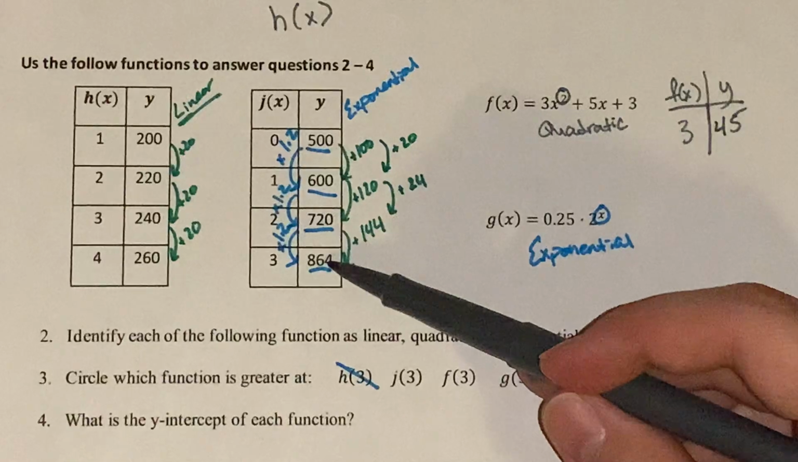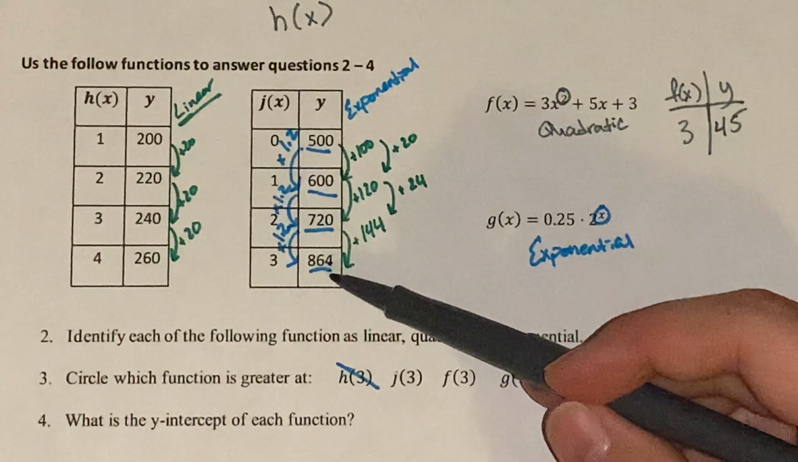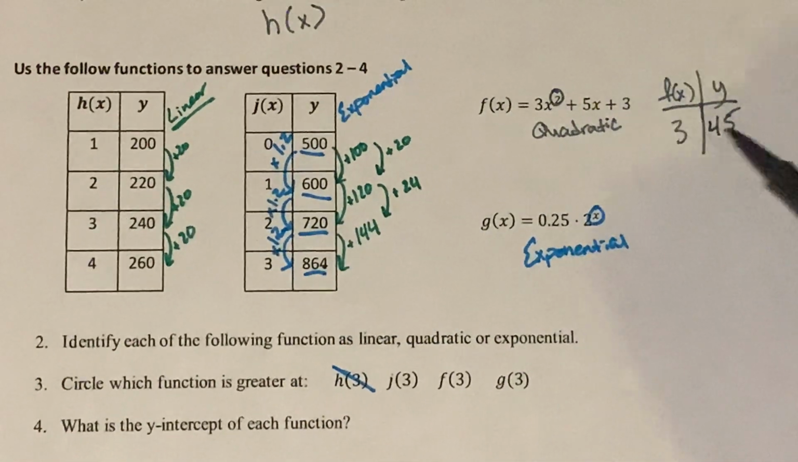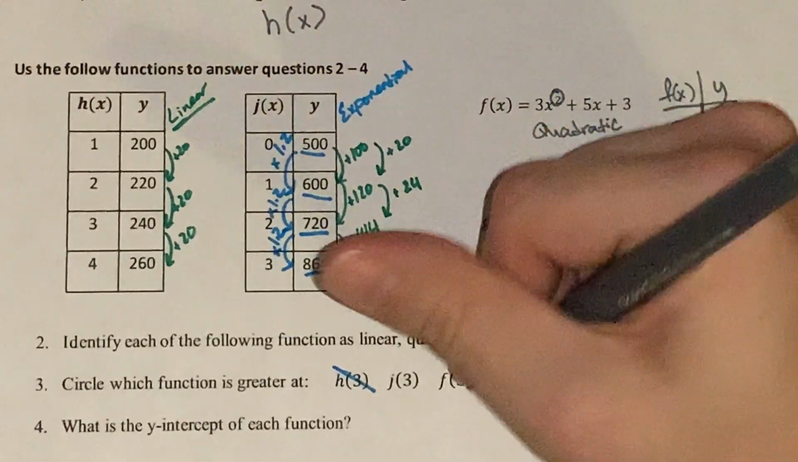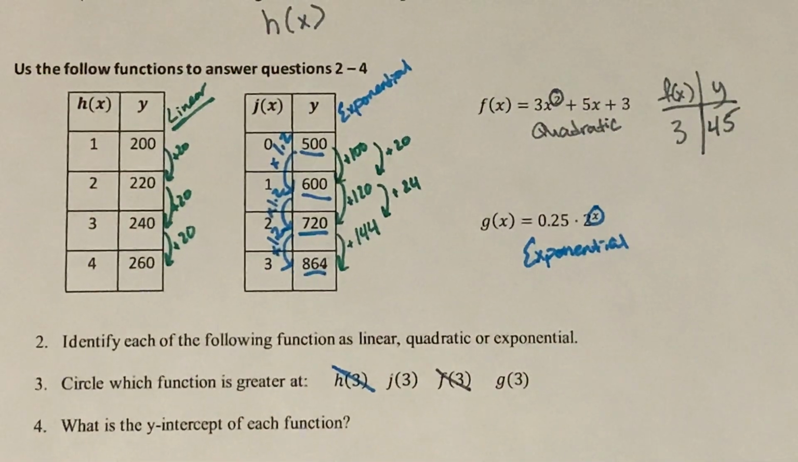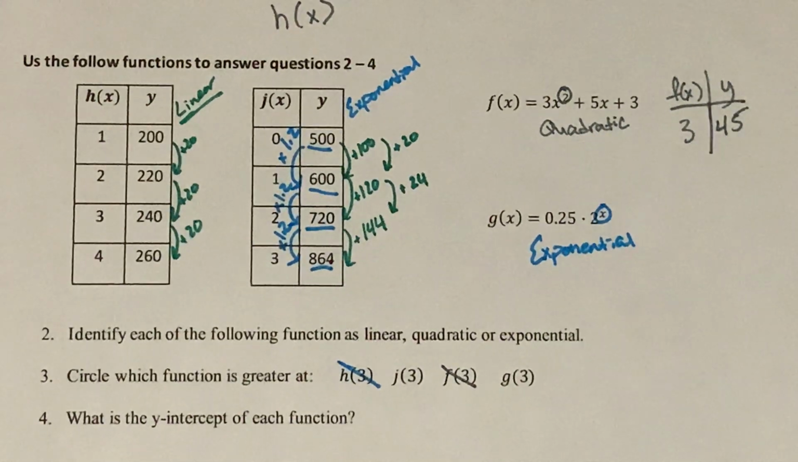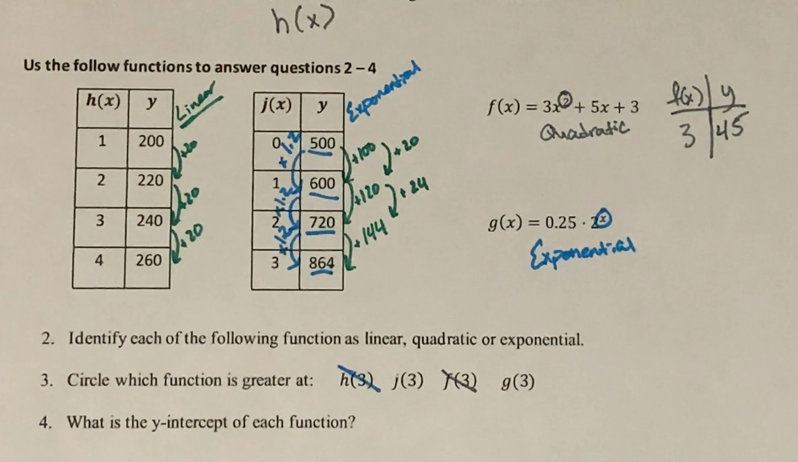So far I have j of x, which is 864, and f of x, which is 45, which I can eliminate now. So it's looking like it's between j and g of x. So now I'm going to plug g of x in. I think I have a good idea what it's going to end up being, but I'm going to test it anyways. So plugging in to my calculator exactly as it appears,